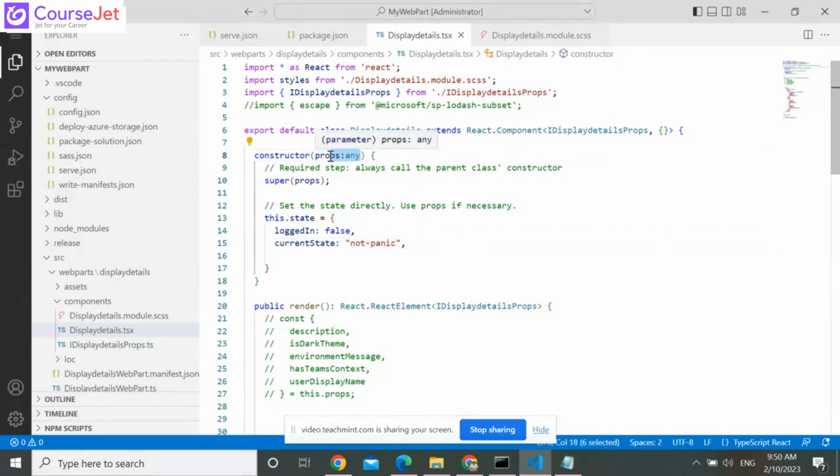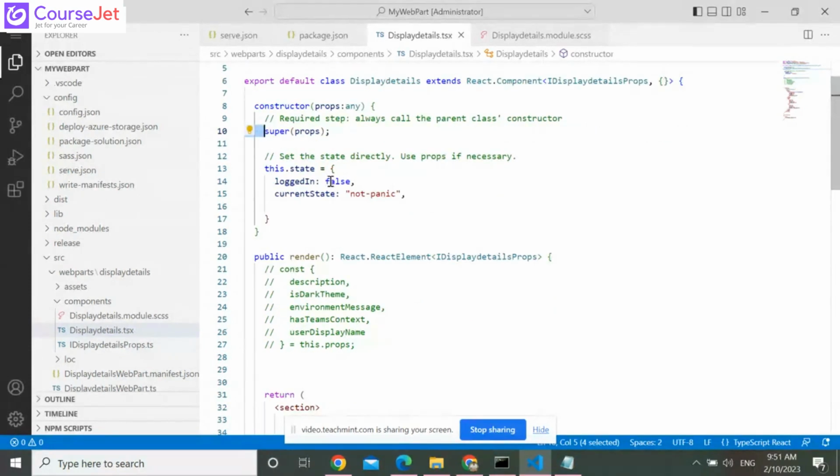Okay, that's done. If you write a constructor method in React, the first line should be super of props. This is to get the property we discussed, right? To get the property value, by default predefined, we need to give this line. There is no change in this super of props. After that only, if we need to define any state variable,